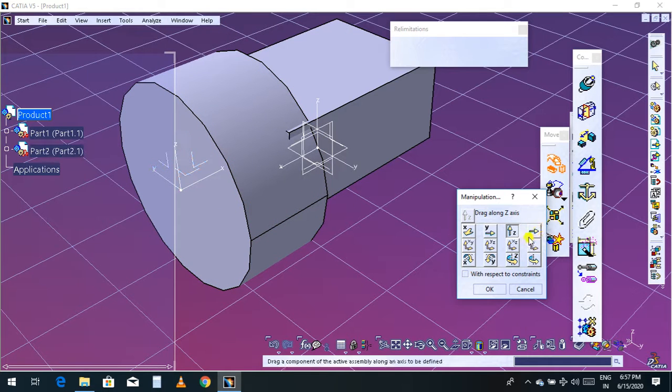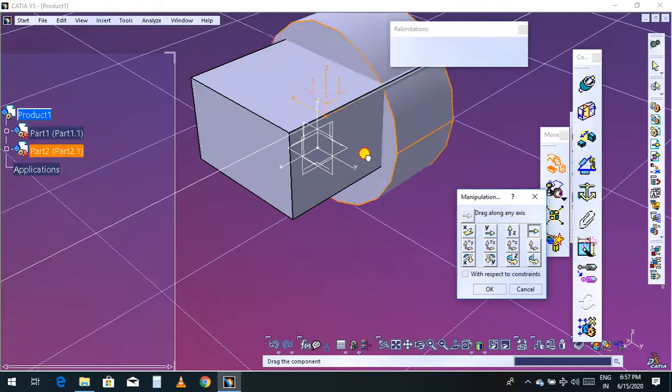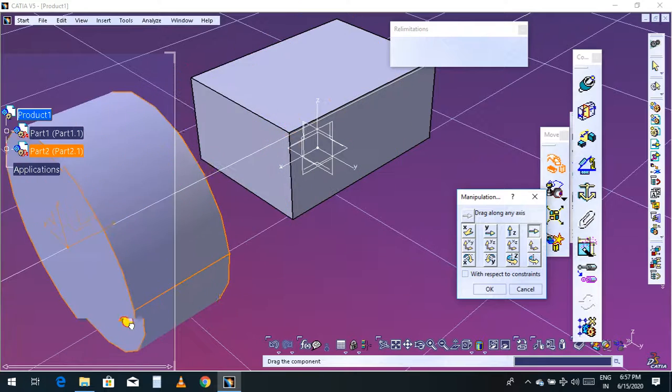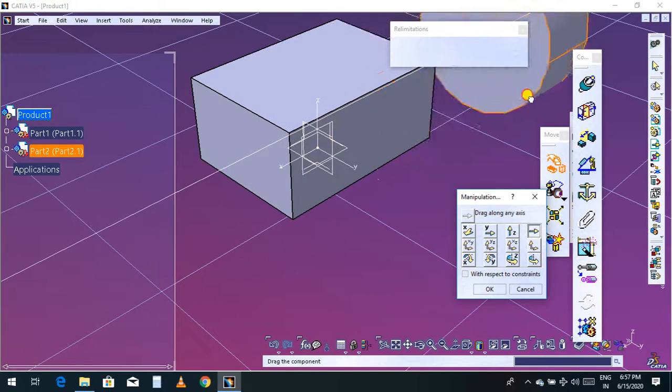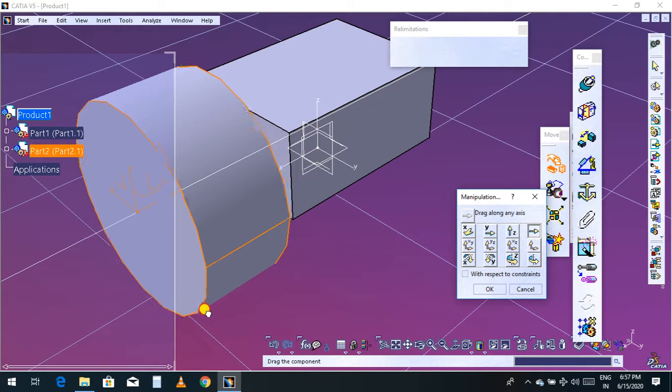If you choose drag along any axis, select this and you can see it will create the axis, and then you can drag it anywhere.